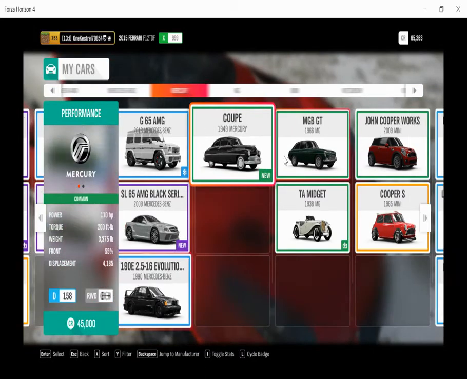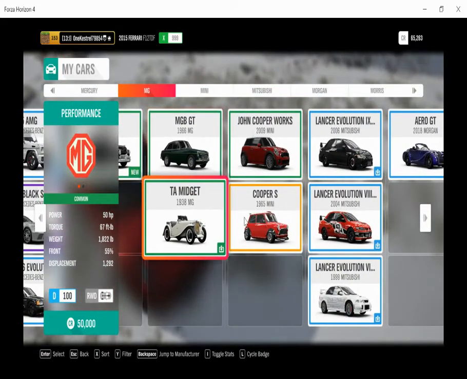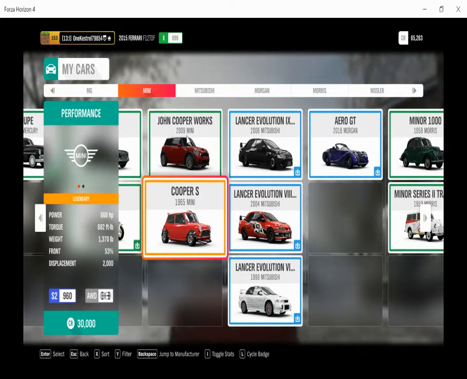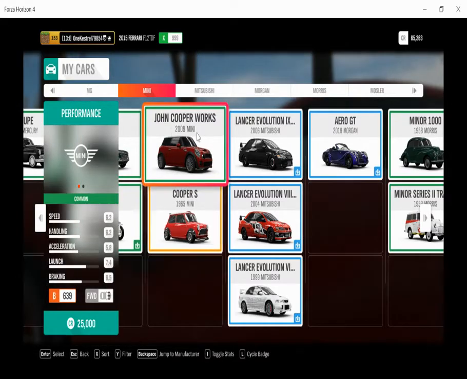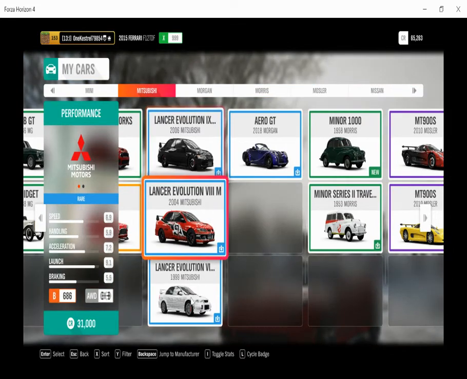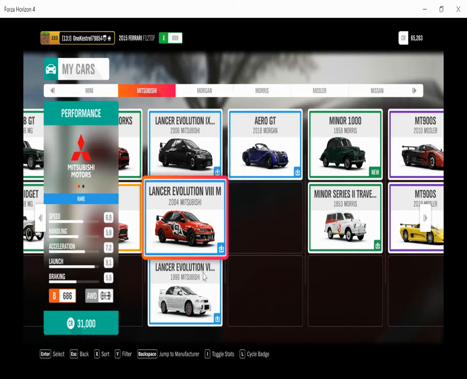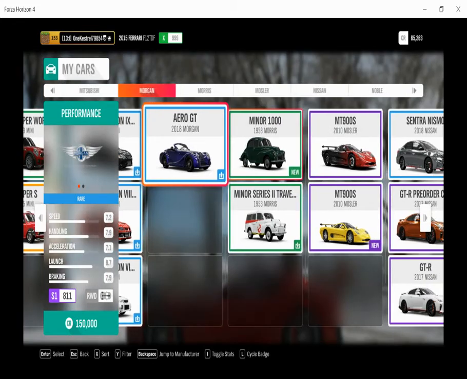I have my Mercury Coupe, my MGB GT, my TA Midget, my Cooper S, which I tuned to 668 horsepower. These are the stats. My John Cooper Works Mini, my tuned Lancer Evo 4, and then my other two Lancers. One is an Evo 8, and the other is an Evo 6. I have this S1 Morgan Aero GT,